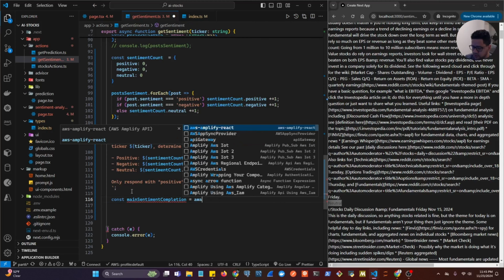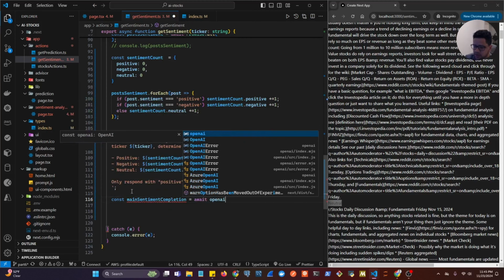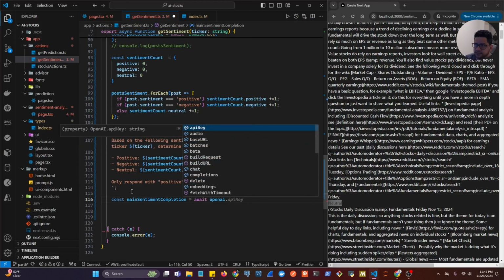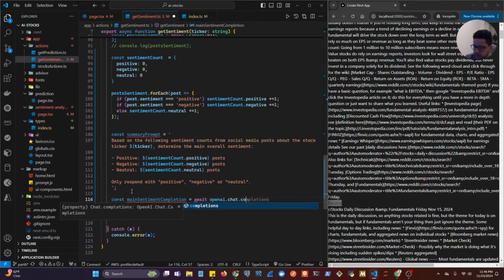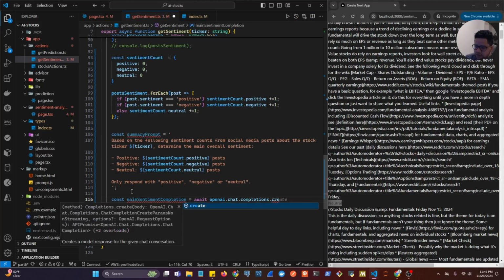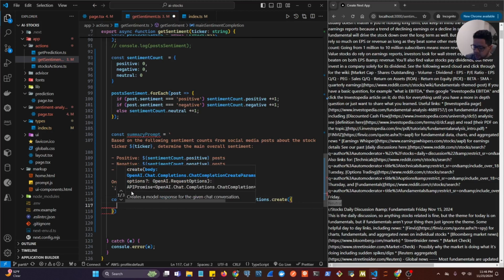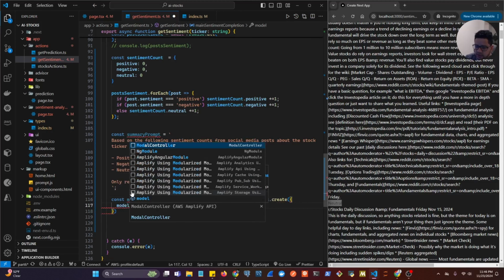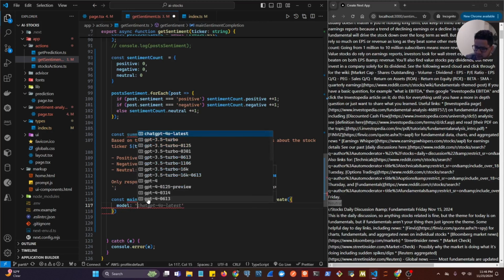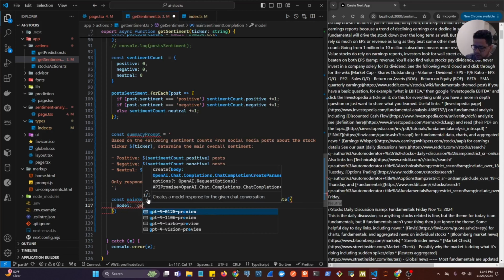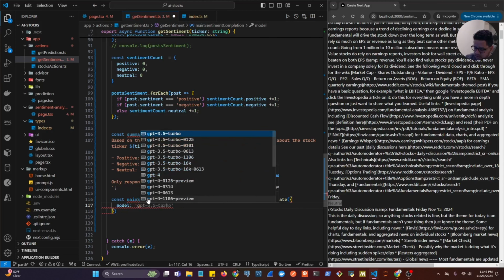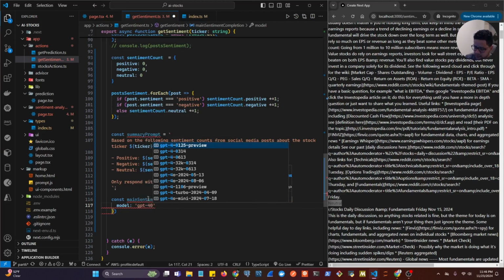We're going to set that to await OpenAI dot chat dot completions dot create. Here we're going to pass our object. We're going to say that the model we want is going to be the same one we're using at the top, so gpt-4o-mini,